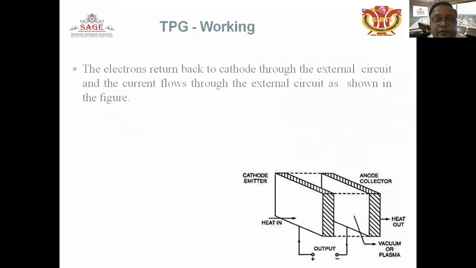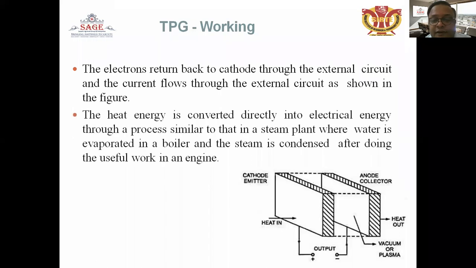This is another diagram in which the TPG working is explained clearly. The electrons return back to the cathode through the external circuit, and the current flows through the external circuit, as presented in the diagram. The heat is flowing from the cathode side, which has the highest temperature, and the anode absorbs the electrons, where the heat goes out to the atmosphere, and a vacuum or plasma is maintained inside the cathode and anode circuit. The heat energy is converted directly into electrical energy through a process